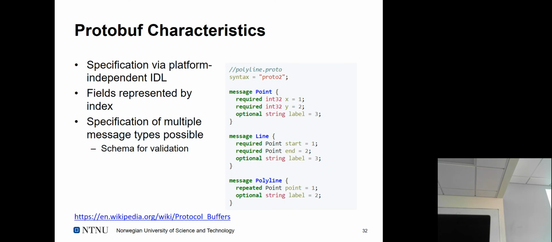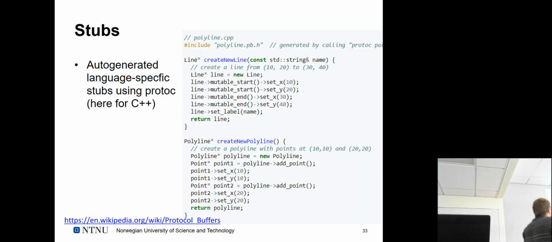Basically, that's the idea, just to get the feel why they're doing this way, right? So the first element in the line message would be always a start element, the second one always an end, the third one always a label. And that can be easily mapped on both sides. But you see already that both sides really clearly need to commit in their respective language bindings and implementation to this idea. Based on those ones, the idea is then to create stubs, or also generate stubs using so-called Protoc.